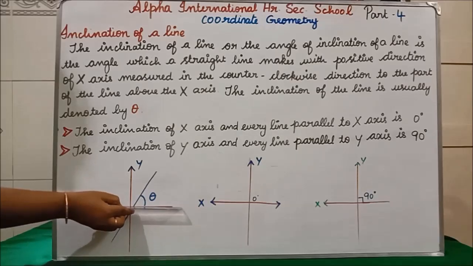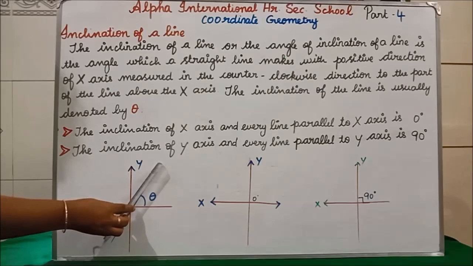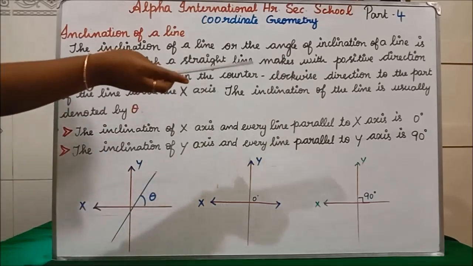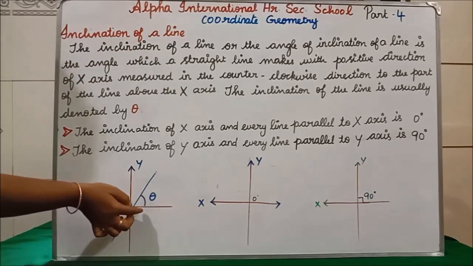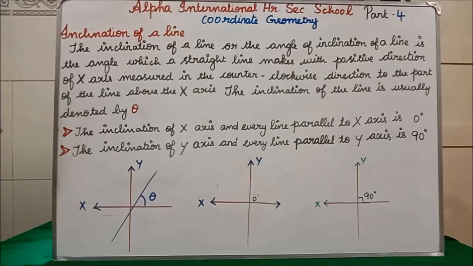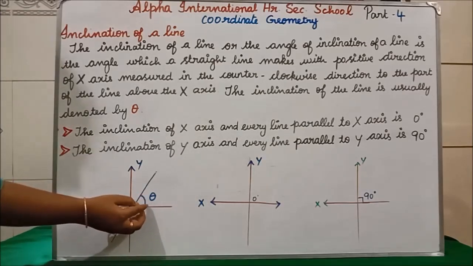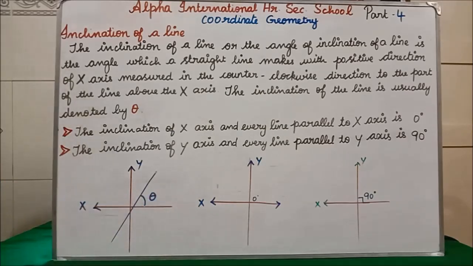So here now they are line. It is going, and now I have drawn one straight line. Clear? Now this is the inclination of the line. From here to here we have to draw one inclination. Inclination is nothing but the angle. So sometimes we can say angle of inclination of a line. The inclination of a line is usually denoted by theta, from here to here. Clear, students? Clear the definition?